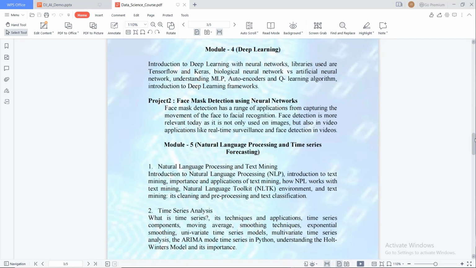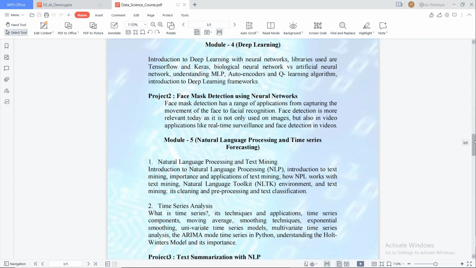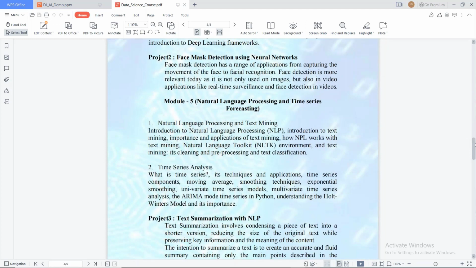And again in the fifth module, which is the NLP and time series forecasting module, we will be discussing the concepts in natural language processing and some of the prominent libraries in NLP such as spaCy or NLTK. These are some of the libraries we'll be discussing, and also some of the problem statements in NLP. And we'll be discussing concepts in time series analysis, and then finally we will go for a